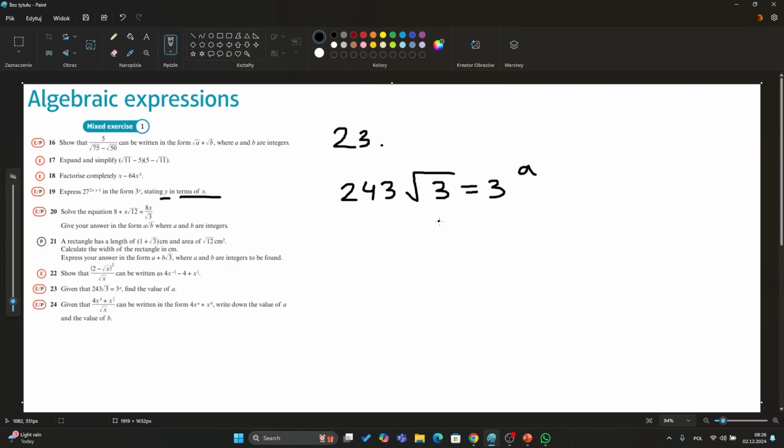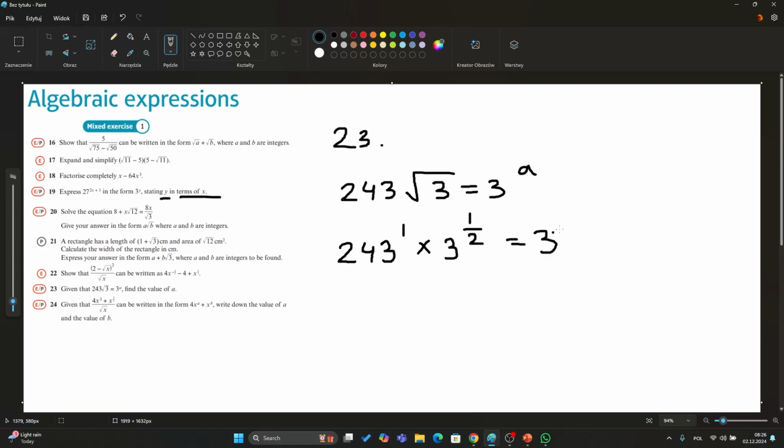So this is kind of the same as question 19, where we had to express the 27 to the power of 2x plus 1 as 3 to the power of something. So what we have here is 243 to the power of 1 times 3 to the power of a half